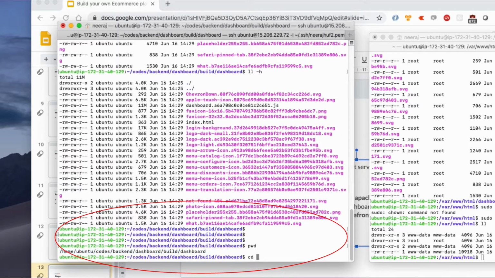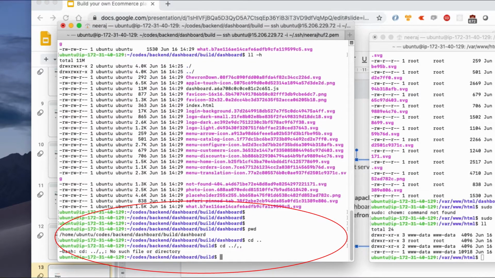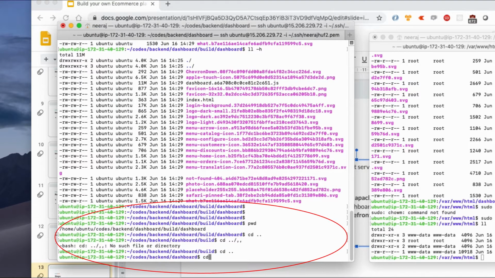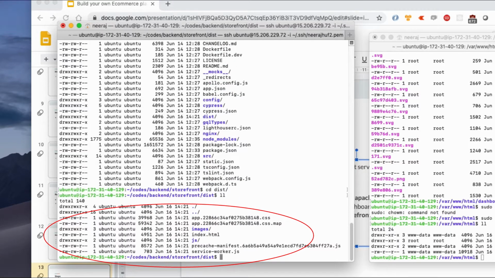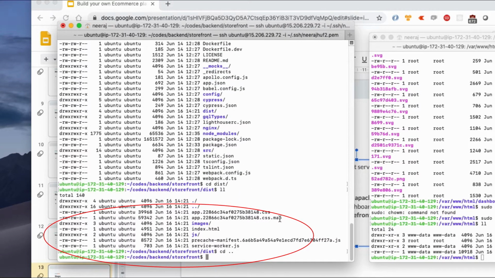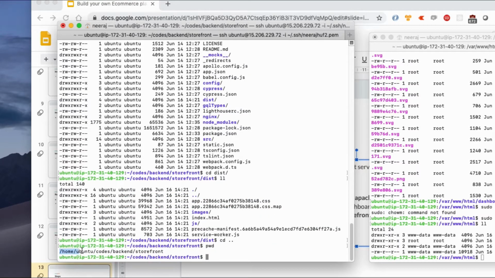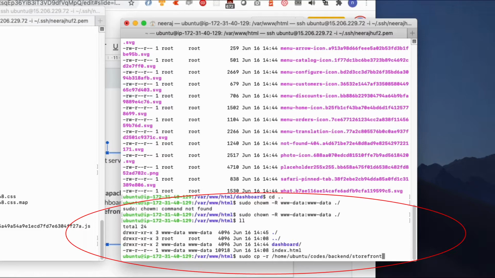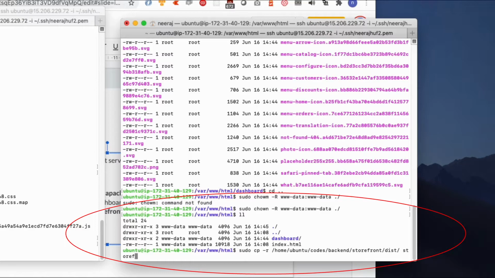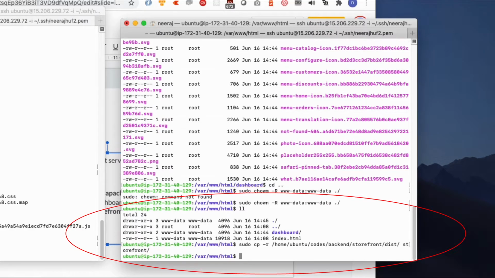In the same way, I will copy my storefront code to the storefront folder.